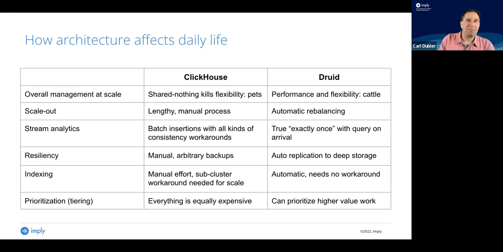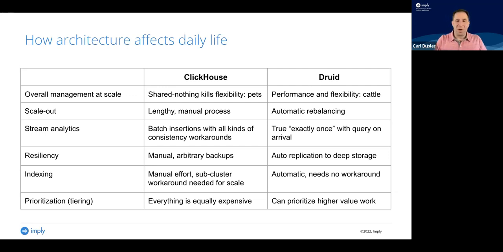I kind of like to use this analogy of pets versus cattle when I talk about this. Pets are wonderful. We love them, we give them names, we give them special diets, we might even put clothes on them, who knows? We treat them as individuals. But you start getting 5, 6, 10 cats in the house, and it becomes kind of hard to manage. If you're going to have a whole herd of animals, you want an animal that is going to be good at being in a herd. You want cattle where everything is fungible. You can pretty much replace the cattle and it doesn't really matter to the whole herd, right? It's much easier to manage that.